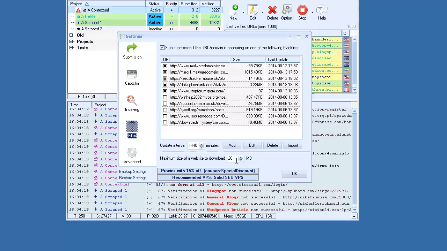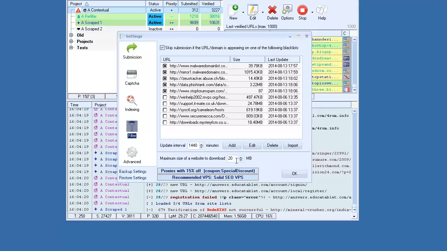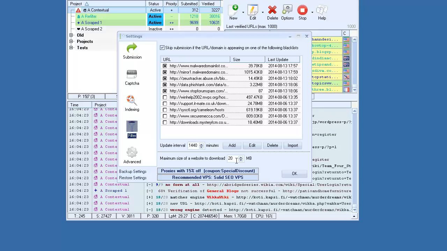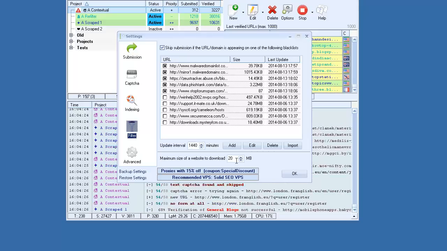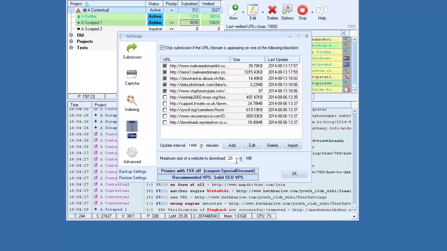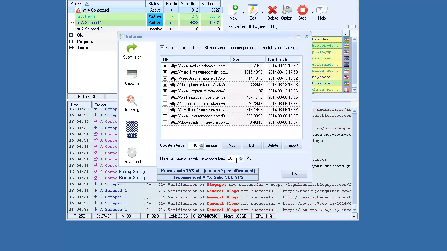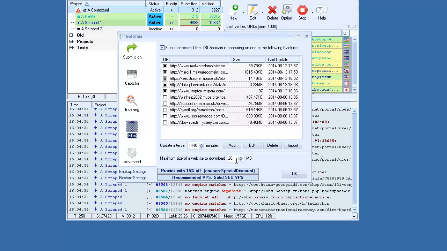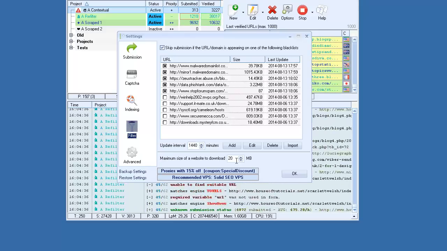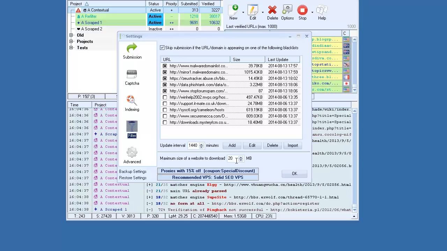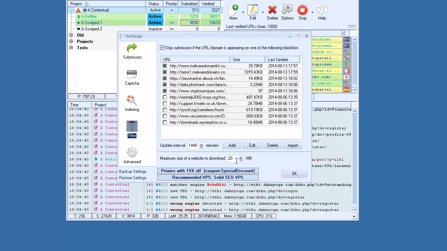And down here under maximum size of the website download, on this server I have it set to 20 megabytes. Again, you're pulled back to the type of links you're building. If you're building contextual links, you could probably go down to like 2, maybe 3 megabytes because those pages are probably small. However, if you're trying to download a page of blog comments to use for tier 3 or higher,